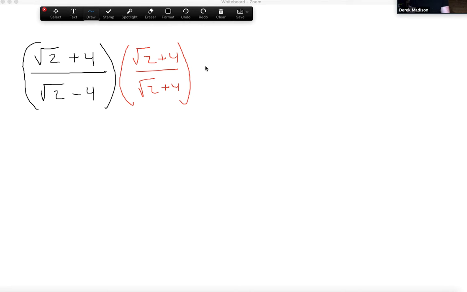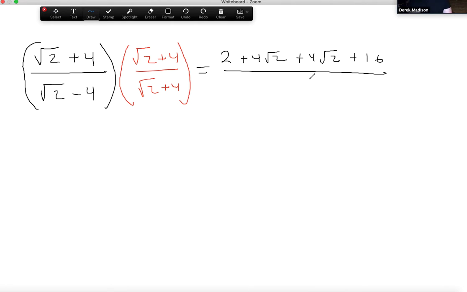So root 2 times root 2 is going to be 2, or you could do square root 4 and reduce to 2. On the outside, I'm going to have a 4 root 2. On the inside, I'm going to have the same thing, another 4 root 2. And then here at the end, I'm going to have 16. And then that's going to be over,